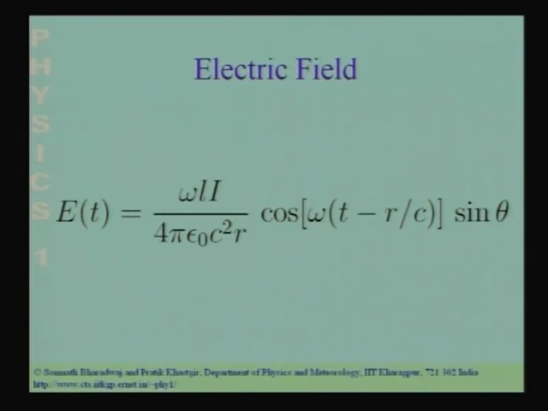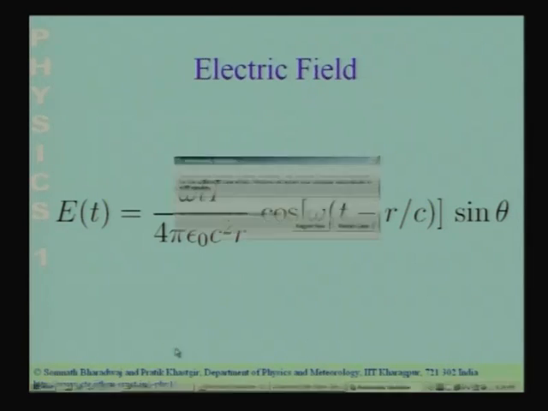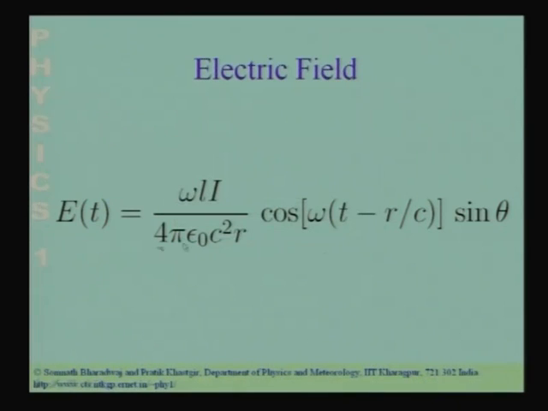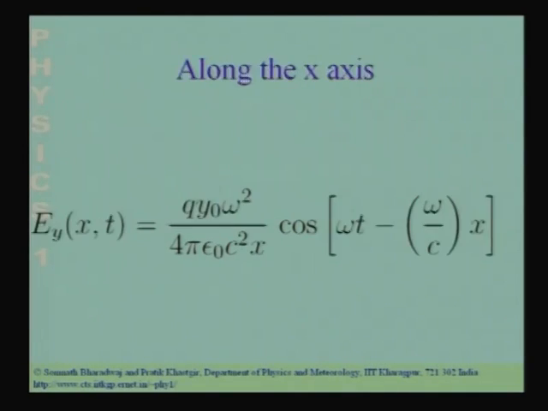But if you maintain the amplitude of the current fixed and double the angular frequency, then note that the omega dependence is different and the electric field will only go up twice. Okay. So, this is a point which needs to be borne in mind, that the omega dependence depends on the variable in terms of which you are expressing the electric field, and it will have an omega or omega squared dependence depending on the variable in terms of which you are writing the electric field.